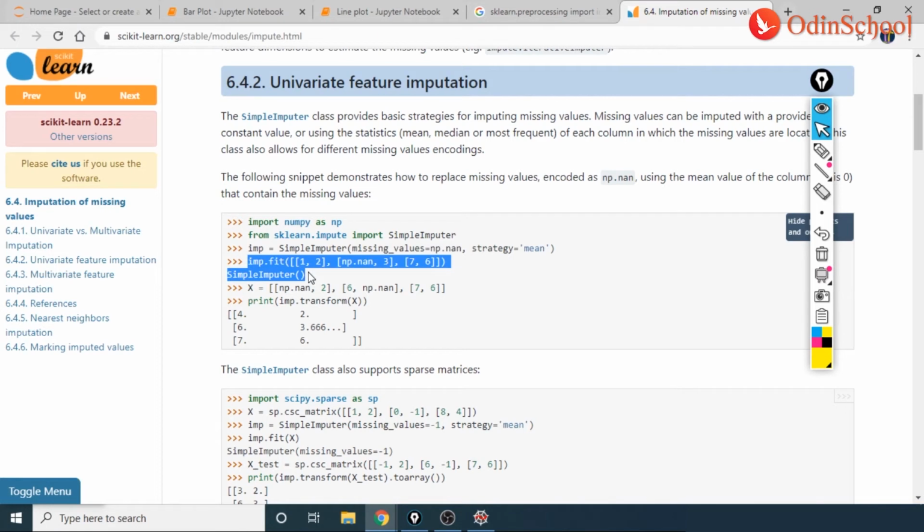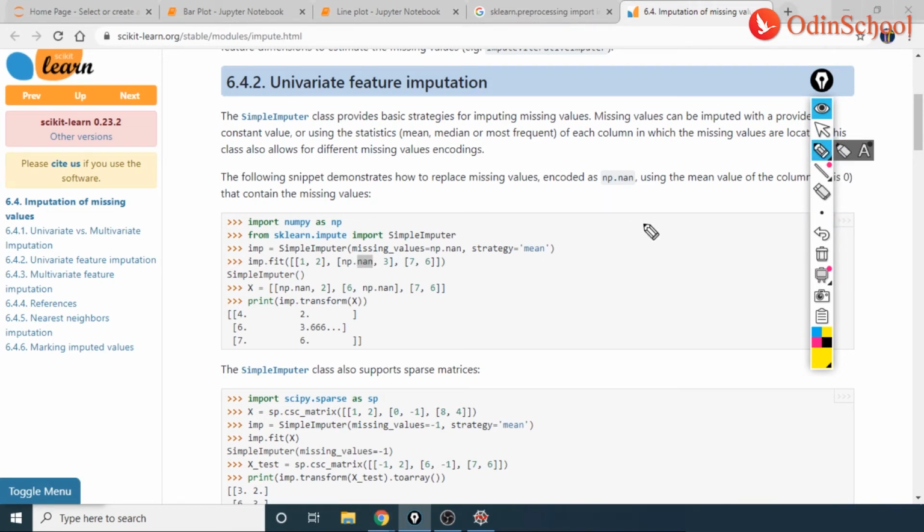Then in the next step, the data set is being fed into it, as in I'm considering a fit wherein I'm taking 3 arrays, 1 to np.nan or nan comma 3, and so let us just write this down for better understanding.